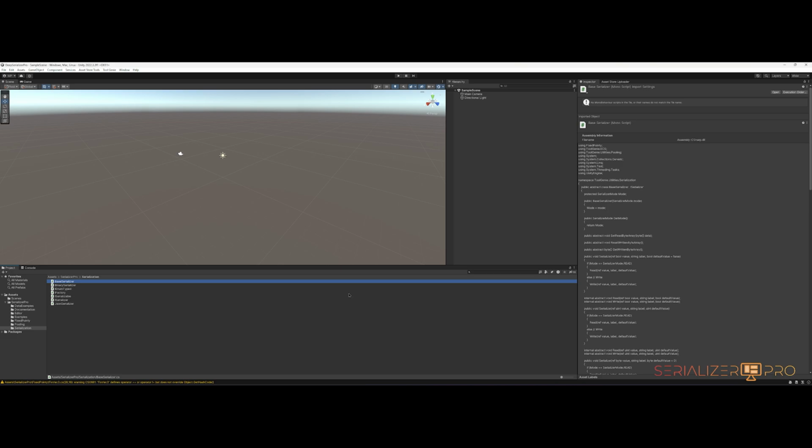JSON serialization is a bit more user-friendly. It's human readable, of course. It's pretty much in plain English or whatever language you write in. So yeah,